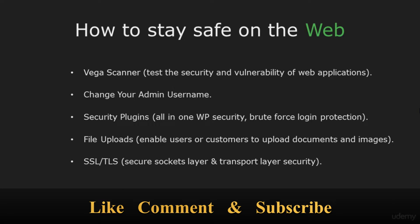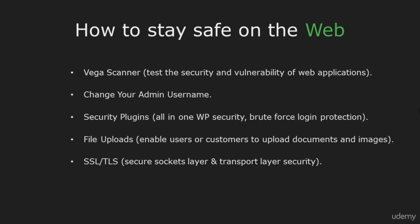So if your website is built with WordPress, then you need to change your admin username, because WordPress by default creates an admin username, and it's much easier for a hacker to guess your password. You can also install security plugins like All In One WP Security or Brute Force Login Protection to protect your website against